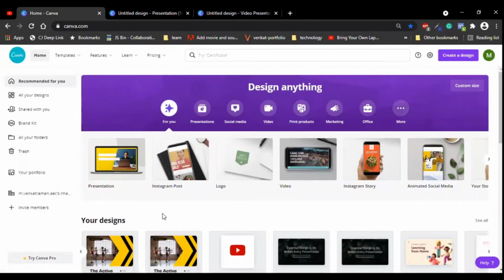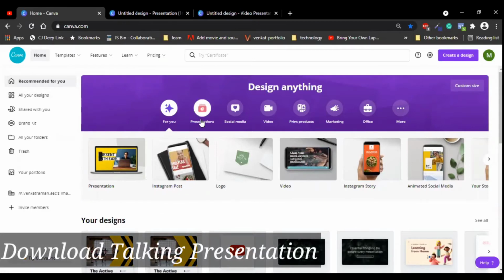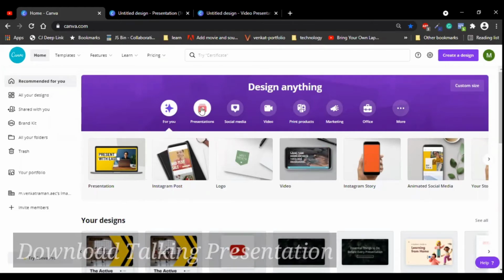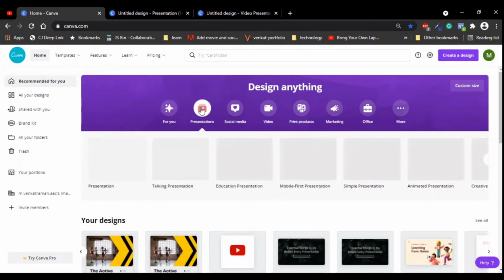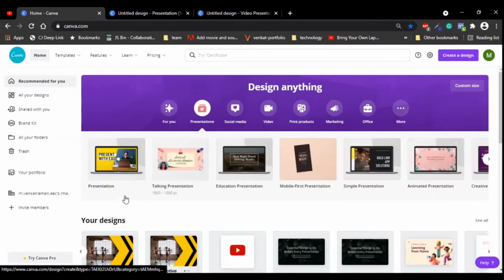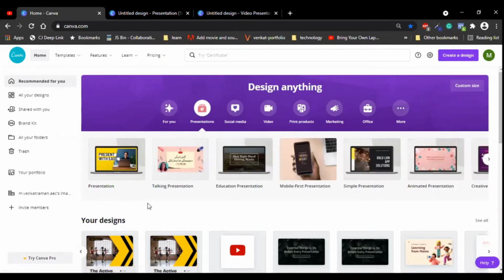Come to canva.com, you will see this interface of Canva. You are going to see about talking presentation. If you go to this presentation, you could see what templates are available for presentation, like normal presentation, talking presentation, education presentation, and mobile first presentation. Now you're going to see about talking presentation. If you click this presentation, it will come to this